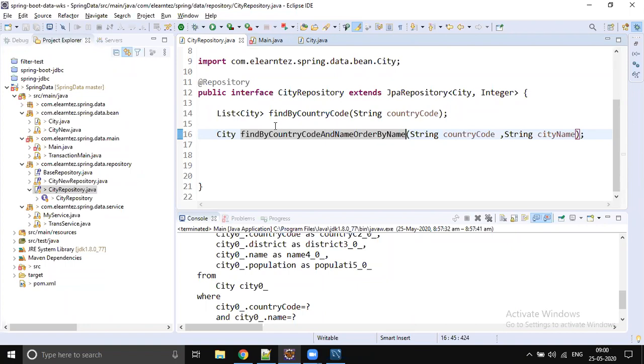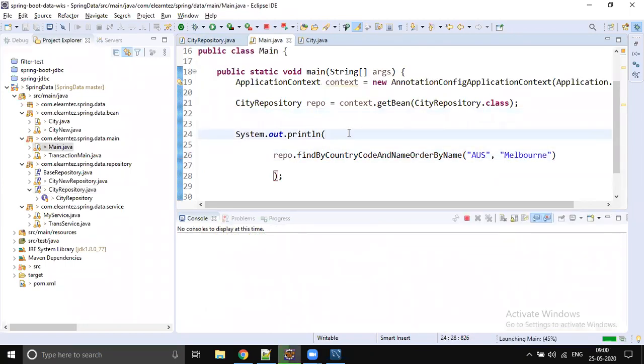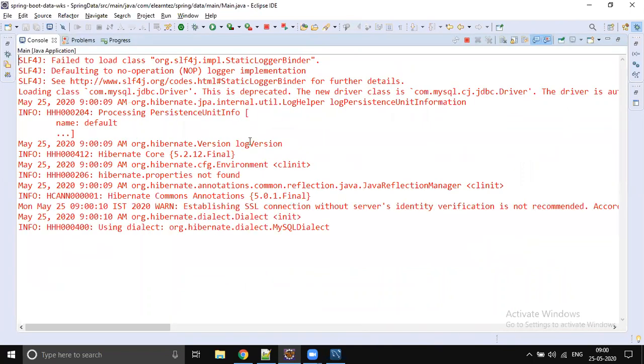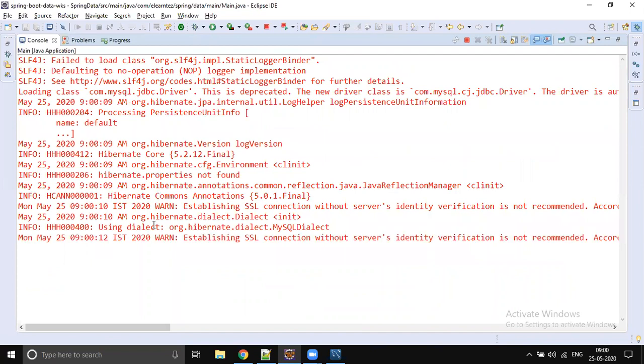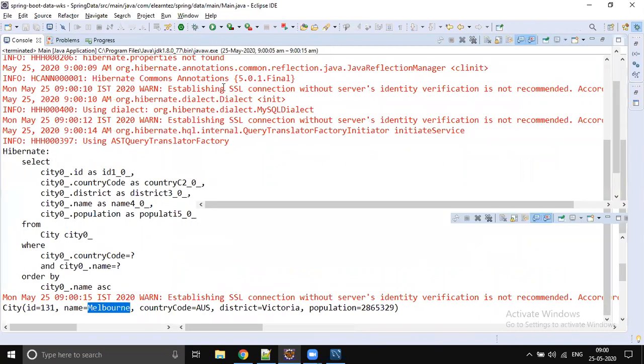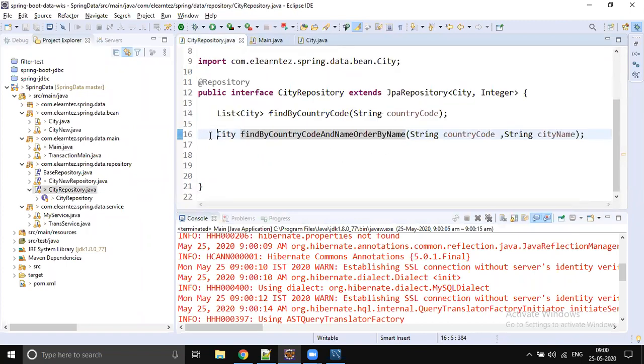Now let's go to the main class and run the code. You get the data in order, but we got only one result, so that's why you are not able to see the ordering.